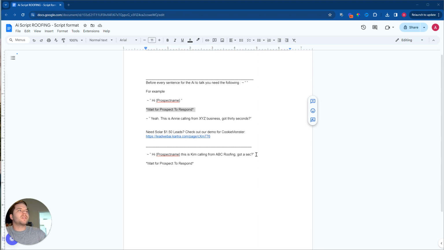But without further ado, we're going to get into it. So this is the first part. This is the actual seed phrase that you do. And when you're doing the seed phrase, you always want to make sure, especially when you're using these AI calling agents, you always want to put your company name inside of the first sentence, inside of the seed phrase whenever you're building these things out. From a compliance standpoint, you need to do that. Otherwise, your account may be blocked, whatever the case may be. Now, if you have an abbreviated company name or an abbreviated thing like AI or street or doctor or boulevard or ABC, you always want to spell that out phonetically. So you want to do, instead of ABC, you want to do